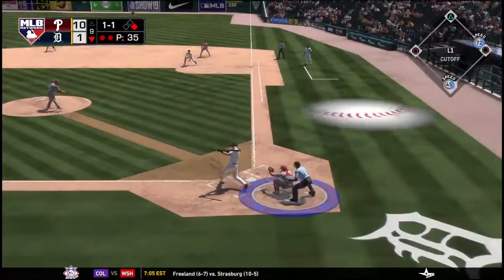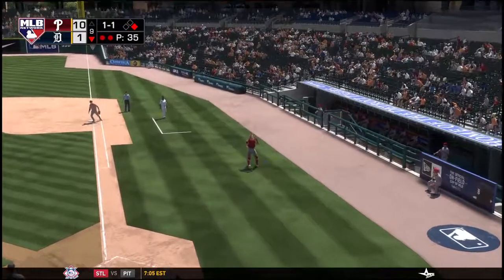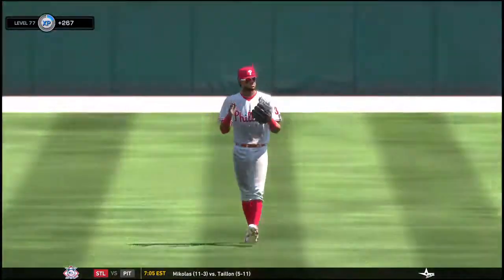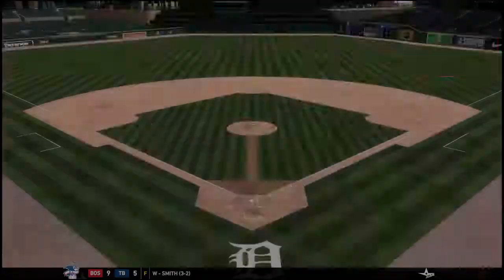A ball and a strike now. Popped up. He brings it in, and the Phillies are going to get out of here with a split in this brief 2-game series as this ball game is over. 10-1, the final lopsided score in this ball game. Philadelphia took the lead in the